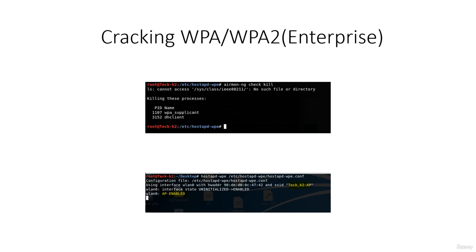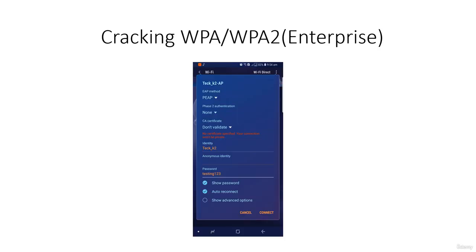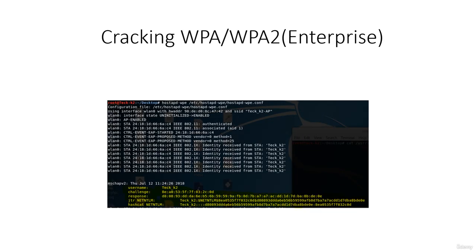So now we will mimic a target client and try to connect to our fake AP. So like this, on our phone we are going to target and connect to this fake AP. As you can see,